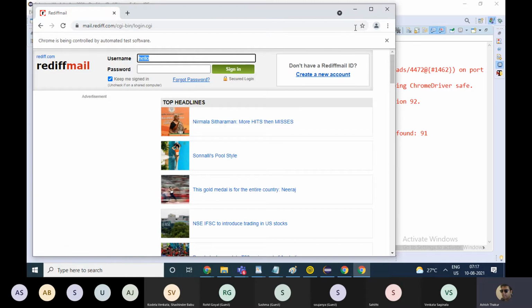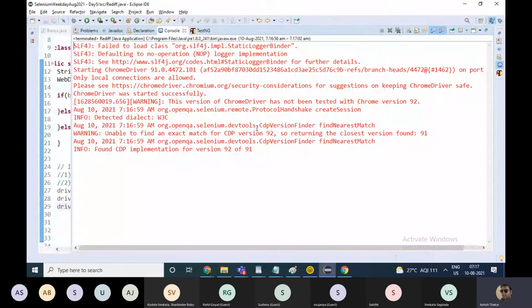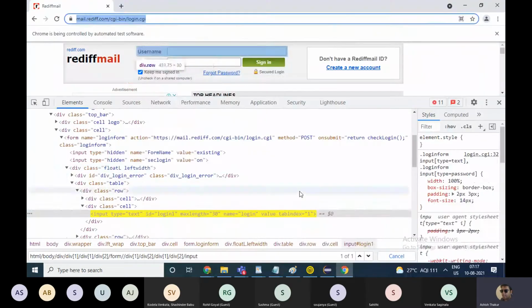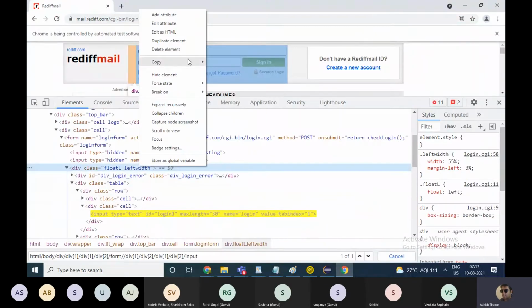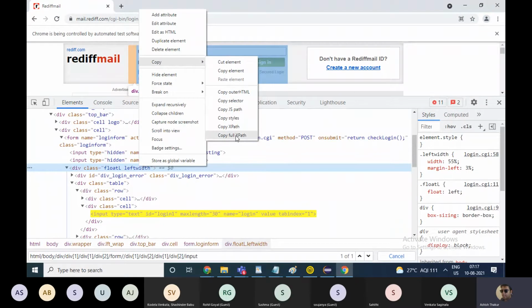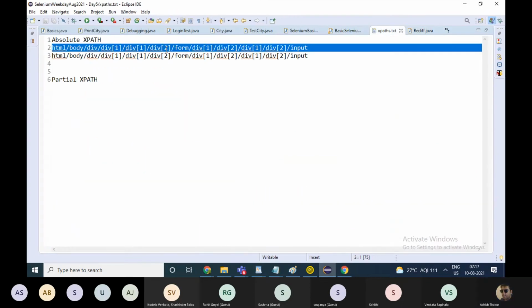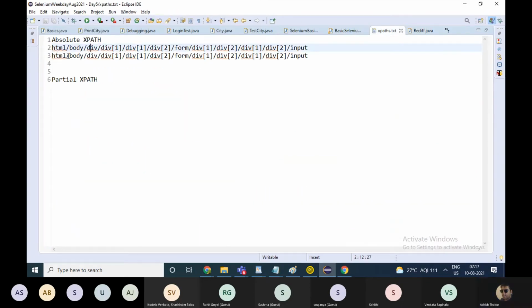Now this absolute XPath, we don't calculate it like I did. You just right click on the element and you can get the full XPath from here. But we refrain ourselves from using such an XPath, because it starts from the very basic root of the document.